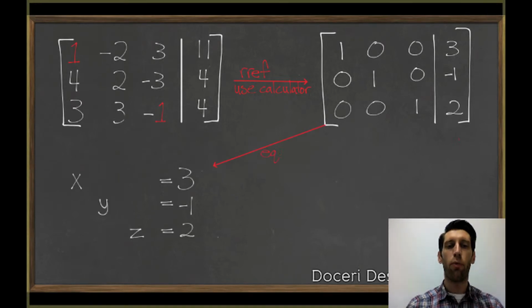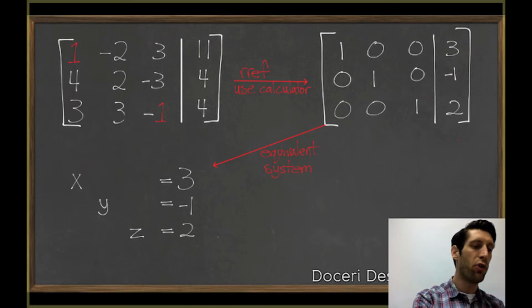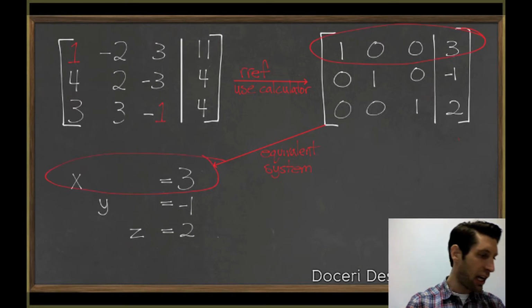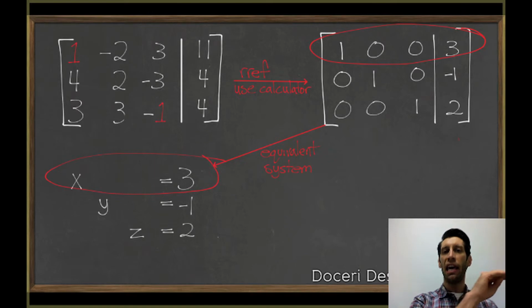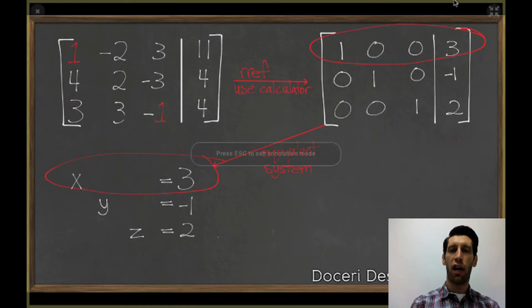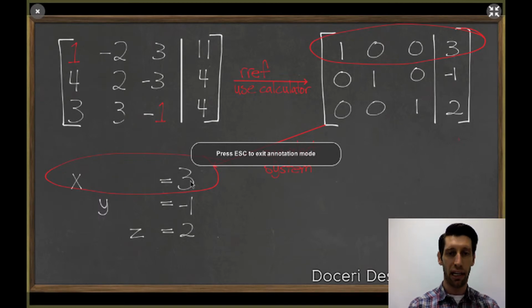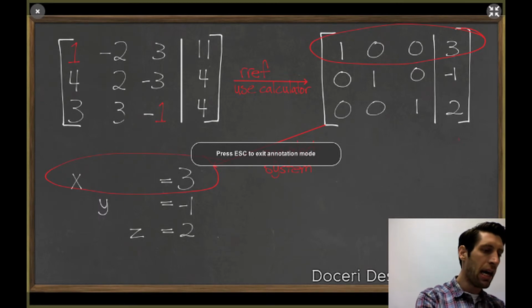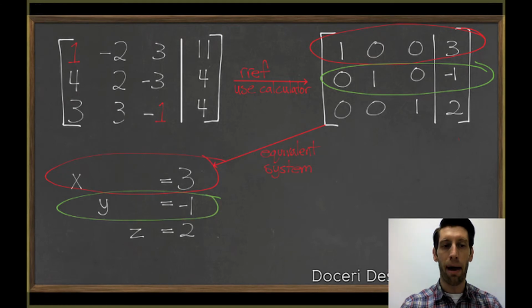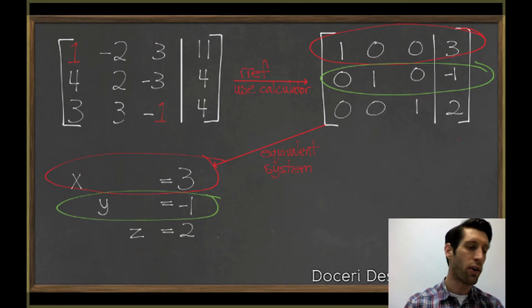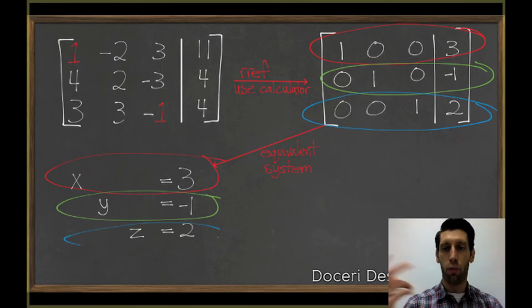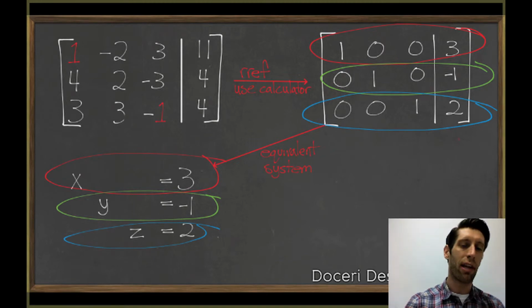And when we do that, we get the corresponding system. X equals 3, y equals -1, and z equals 2. So you'll notice here that this first equation in my system is coming from that first row. So this red row up here corresponds to this red equation down here. Next up, the second row in my matrix corresponds to the second equation. And finally, the third row in my matrix, which I've outlined in blue here, corresponds to the third equation in